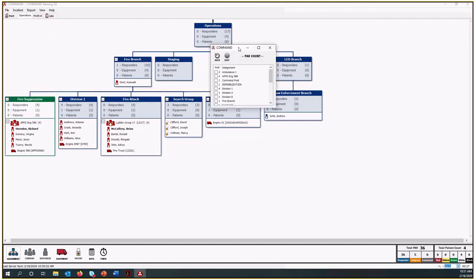What's going to populate on here is this little box, and this is going to pull up all the assignments that have personnel in them. So each of these has personnel, and really it's simple. If you are the IC that's managing this, you would call out to Engine 588, so Richard Herndon,